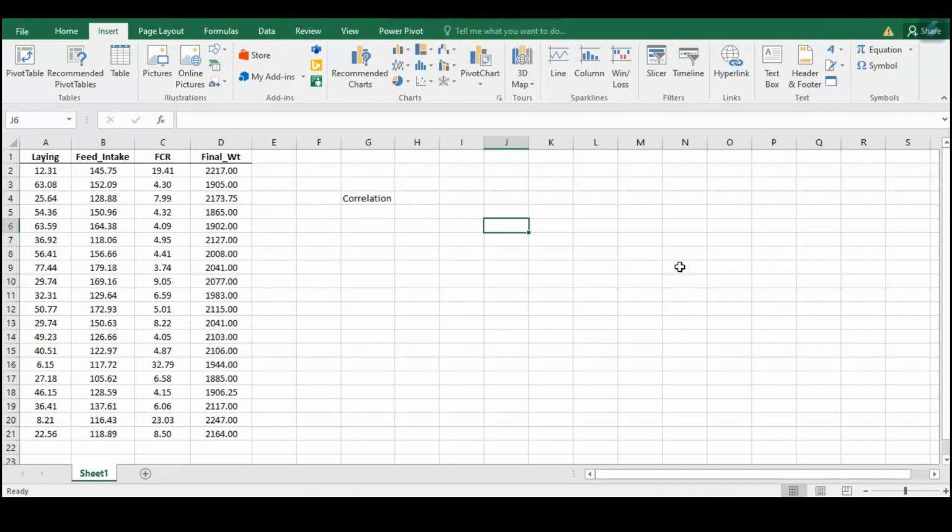So we want to learn about correlation analysis in Excel. And for us to learn about correlation analysis, I have some variables here: lane, feed intake, feed conversion rate, and final weight. With these variables, we want to see if there is a relationship between